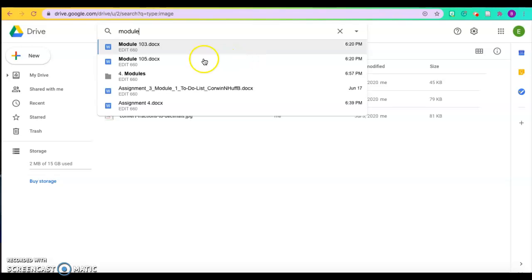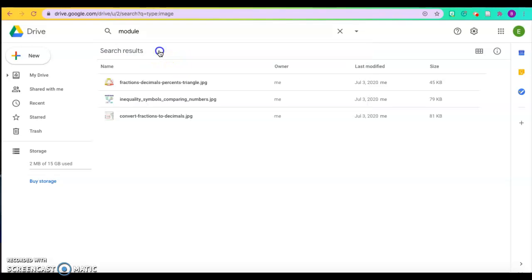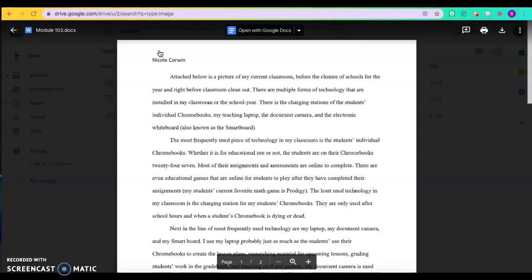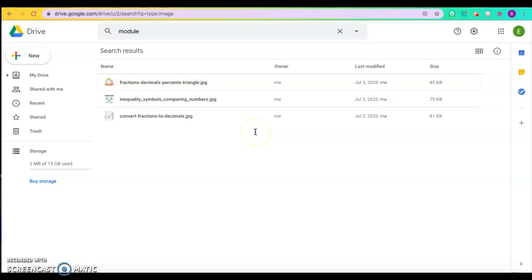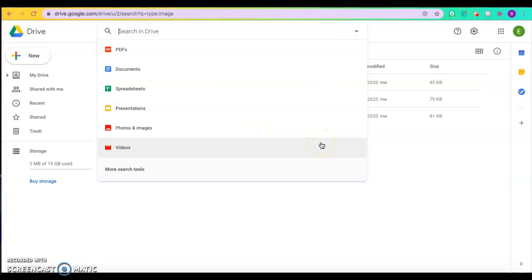And the one that I'm looking for is this first one here. And all you have to do is click on it and it'll pop it open to this page. And then if you actually want to open the file, you can click up here and hit open with Google Docs. So finding documents in Google Drive is not too hard thanks to the search in Drive function